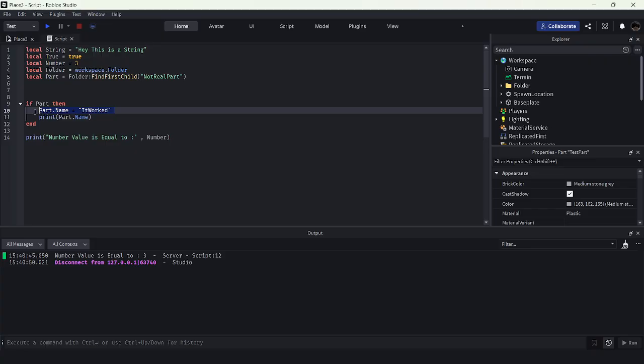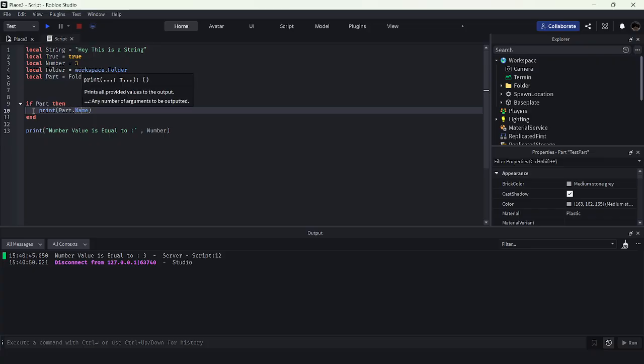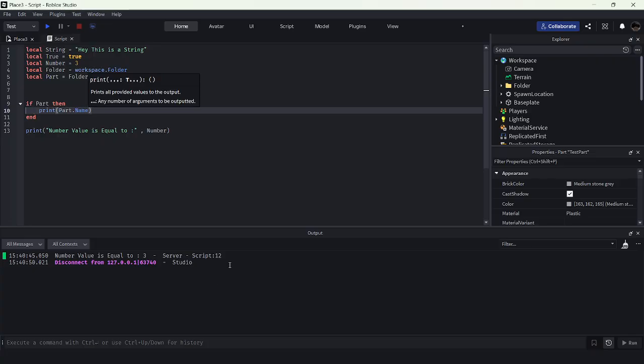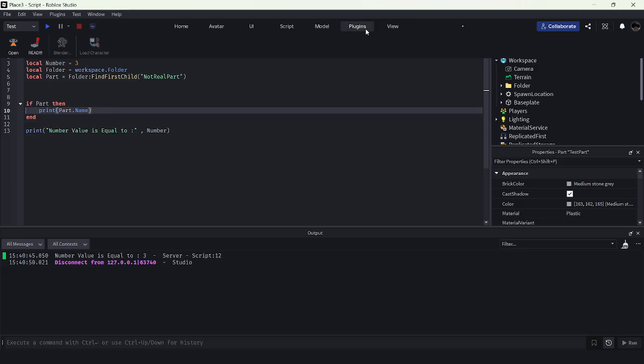Now, I'm going to get rid of this because this is really redundant. It doesn't matter. This is a really redundant and semi-stupid way of using print, in my opinion. Because print, you could just do this. If part, we're just going to say if part, then we're going to want to write something in the console. Now, the part will come up here in the output. If you don't see it,